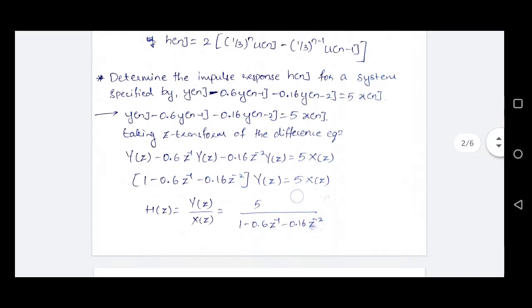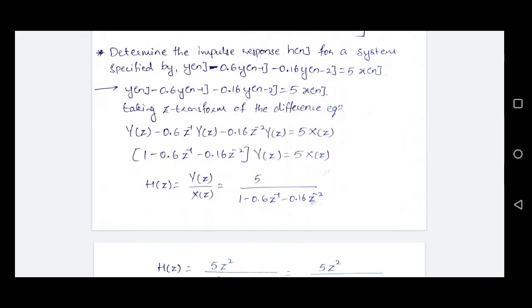The second problem we'll be taking is: determine the impulse response h of n for the system described by y of n minus 0.6 y of n minus 1 minus 0.16 y of n minus 2 equals 5x of n. We'll take the difference equation and apply Z transform on it, which will give us y of z minus 0.6 z inverse y of z minus 0.16 z to the power minus 2 y of z equals